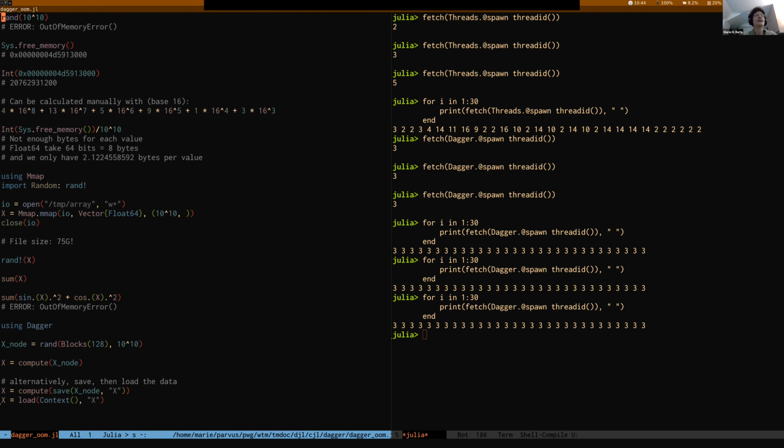I need 8 bytes per element, and I only have 2 bytes per element. So this doesn't work. I cannot create such a large array with my system. I don't have enough RAM. So to go around that, there is the mmap module in the standard library, and you can use it in